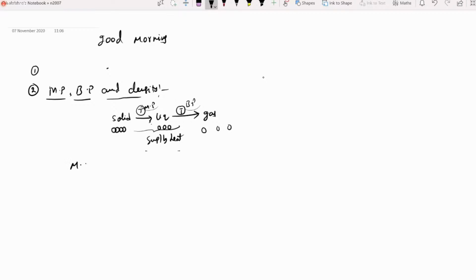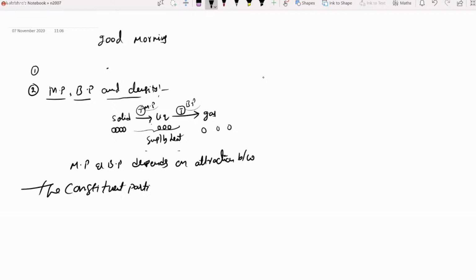Melting point and boiling point depend on attraction between the constituent particles. Here the constituent particles are ions. Yes or no? Melting point and boiling point depend upon the attraction between the constituent particles. So, the larger the attraction. So in ionic solids,